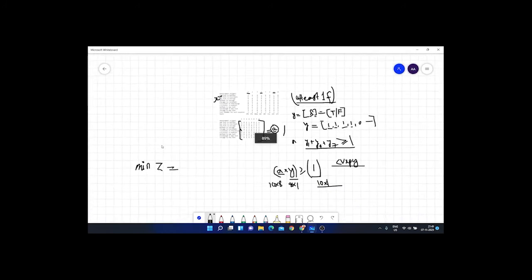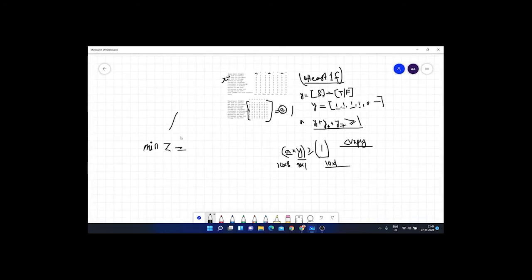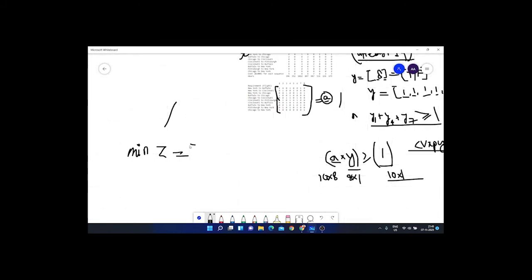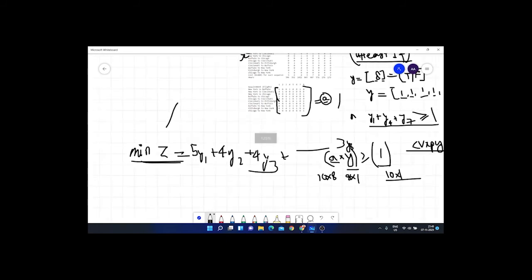So for minimizing the total cost, the z function can be transformed to 5y1 plus 4y2 plus 4y3 and so on till 3y8, and we need to minimize this, and this minimization is done using the cvxpy solver